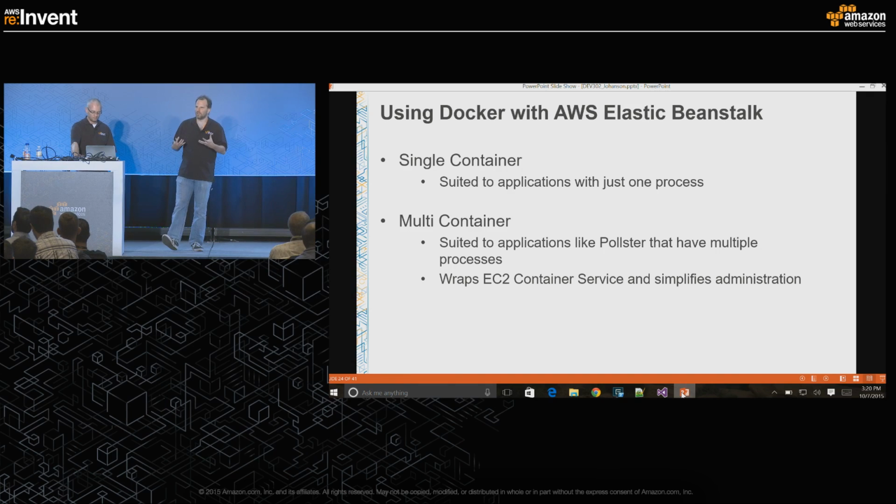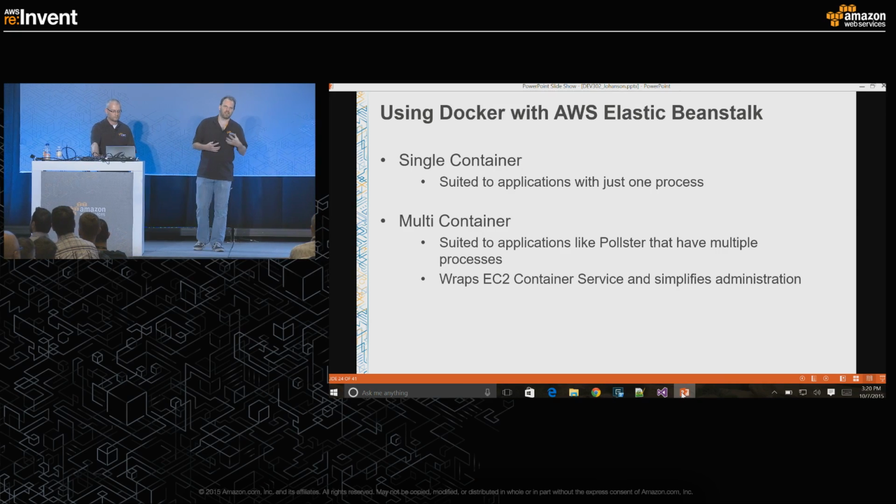So we've seen how you can now create this image with AWS and AWS SDK and ASP.NET 5 code. Now we're going to start looking at how we can actually deploy this Docker image with AWS Elastic Beanstalk. And Beanstalk has a couple ways you can do this. They have what's called the single container environment, which is for when you have your monolithic application that's all in one image. But that's not going to work for us because Polister, again, has 5 services that we want